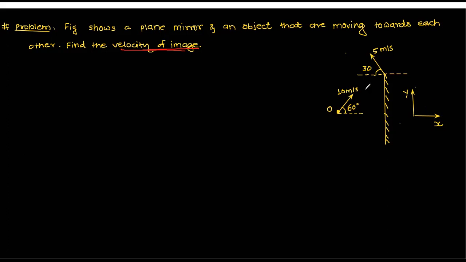Now what is given, that we have to see first. What is given? So concentrate. Okay, so this is mirror. They have given two velocities particularly for us. So see here how to solve this. Very simple. First they have given velocity of mirror, but that is not along x-axis, not along y-axis. We have to resolve these components.